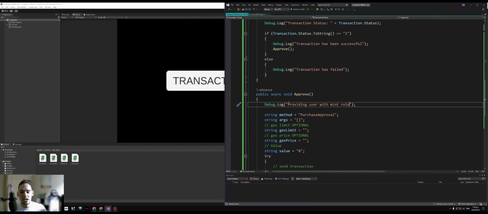I mean, this could be anything. You don't have to necessarily use this approval thing. You could have like send money, mint a token. You know, that's another example. And at the end of the day, a transaction check